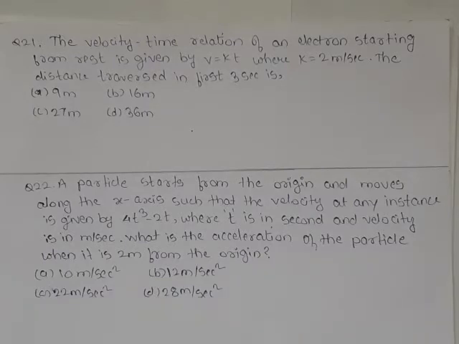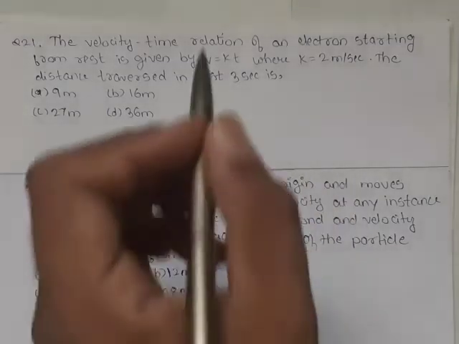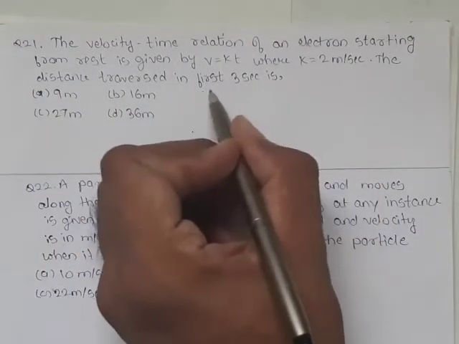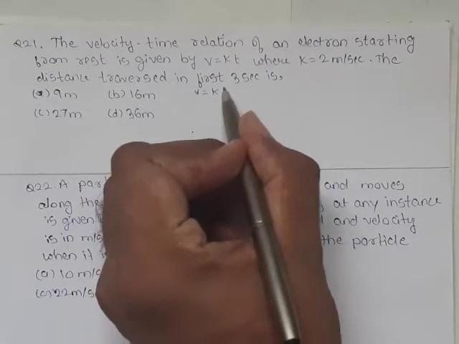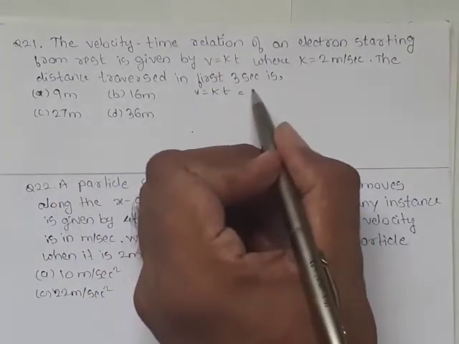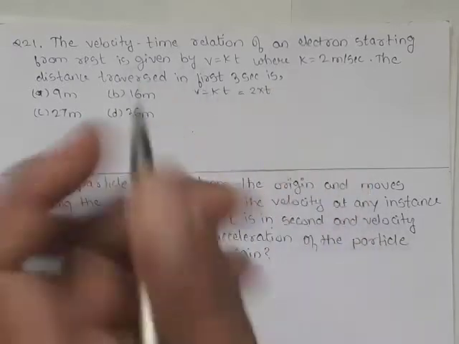Multiple choice questions on kinematics of rectilinear motion, part 2, question 21. The velocity time relation of an electron starting from rest is given by v equal to kt, where k is equal to 2 meters per second. The distance traveled in first 3 seconds is. So the equation for v is given, v equals kt. If we put the value of k equal to 2, the equation will become v equal to